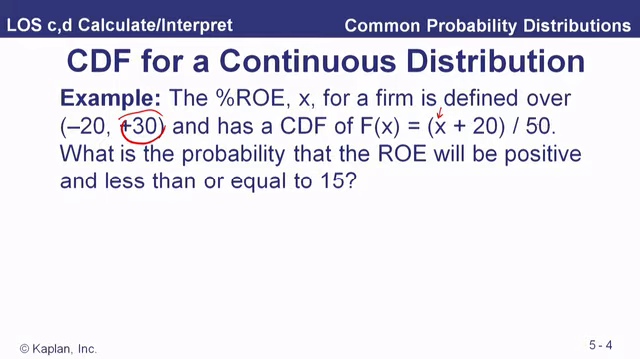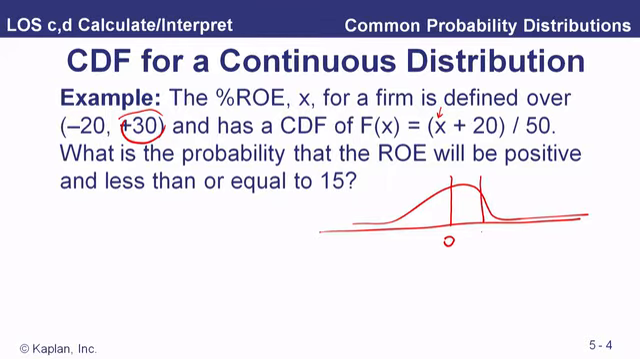So now we're going to use this concept to answer the question, what is the probability that the ROE will be positive, so greater than 0, and less than or equal to 15? Well, let me draw a picture of what we're doing here. Use my famous drawing skills. That's supposed to be a symmetrical normal distribution. Doesn't have to be normal for our purposes here. And so let's say that 0 is here